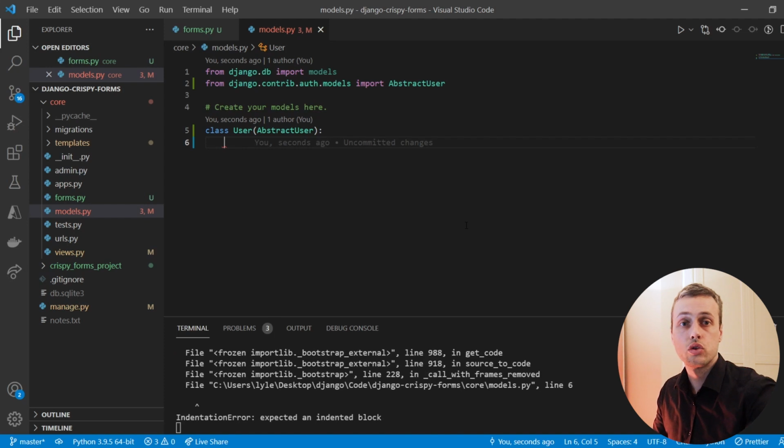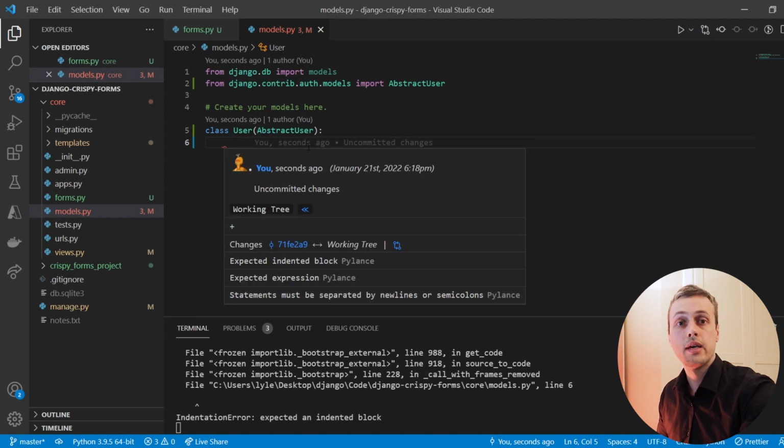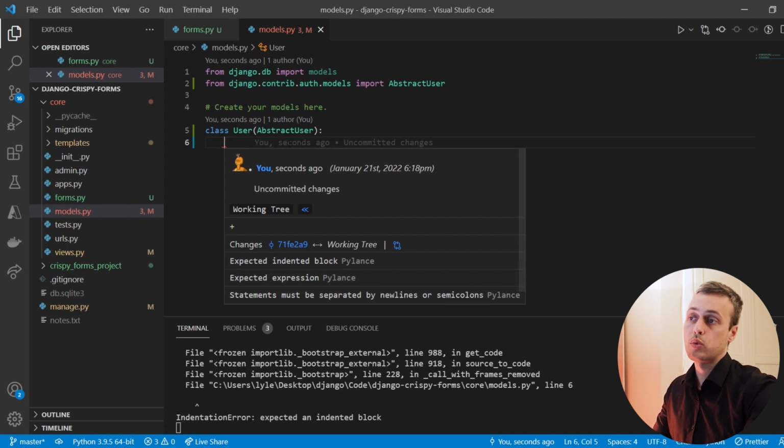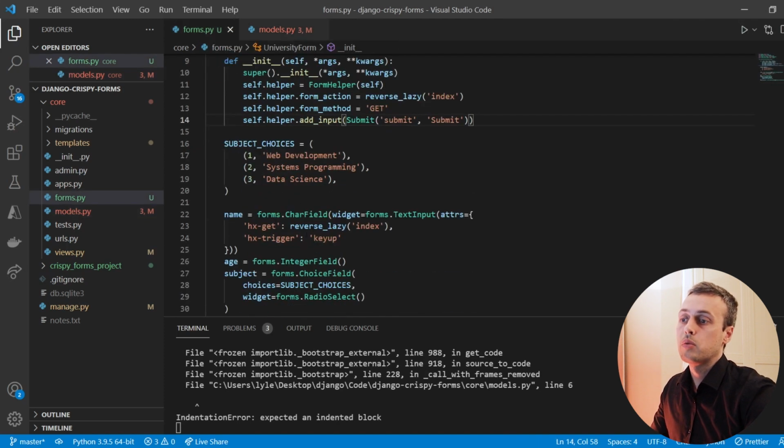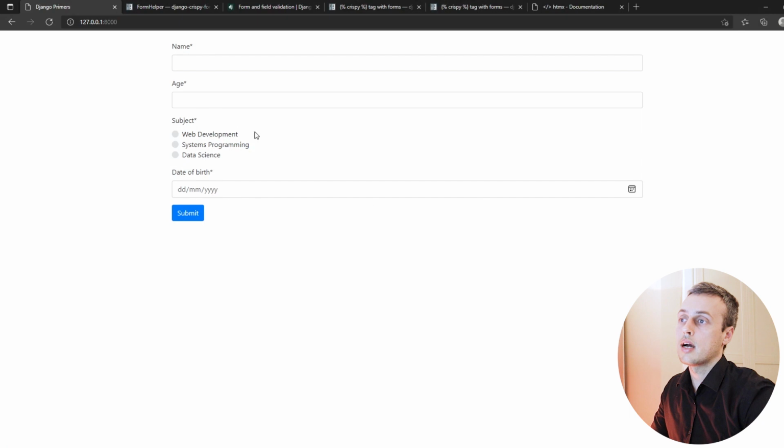Now the AbstractUser already provides fields such as the username and the last name and the first name, as well as the email and password fields. These are all there and available on the Django default user model. So we already have those, but I want to add a couple more fields here from our form. So this form, if we look at the front end again, we have a subject and an age and a